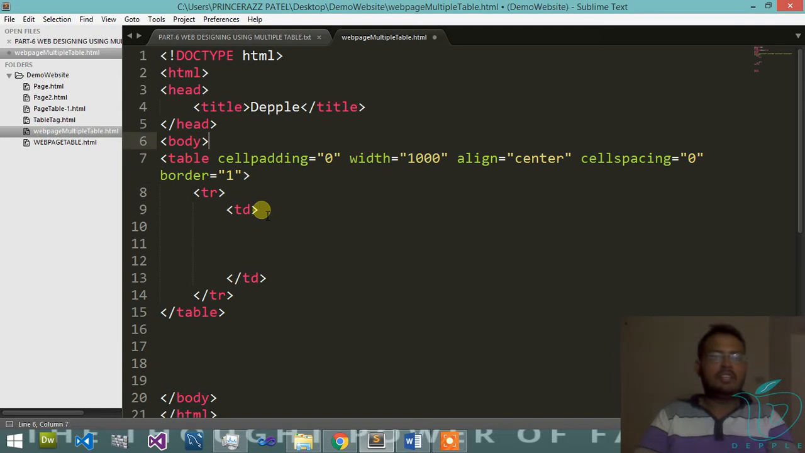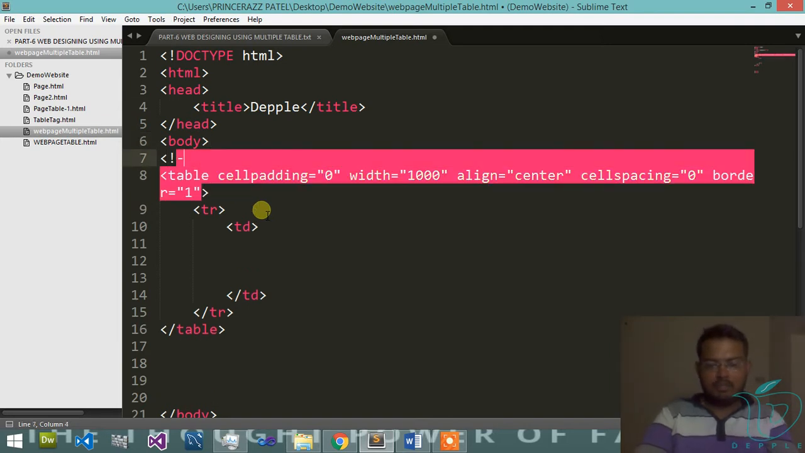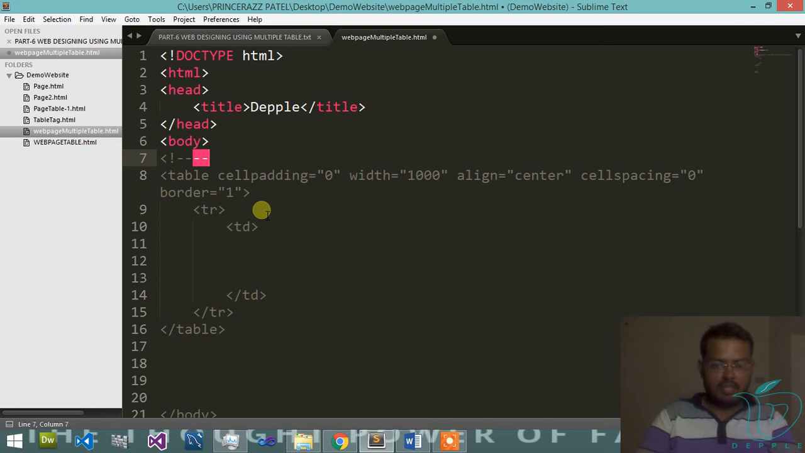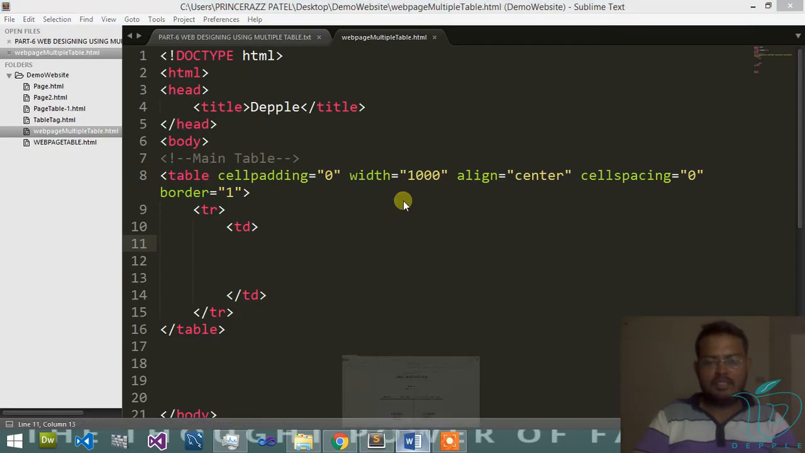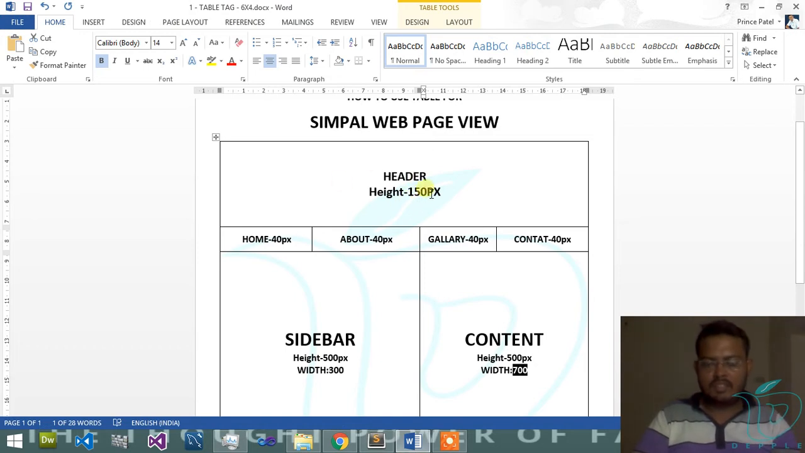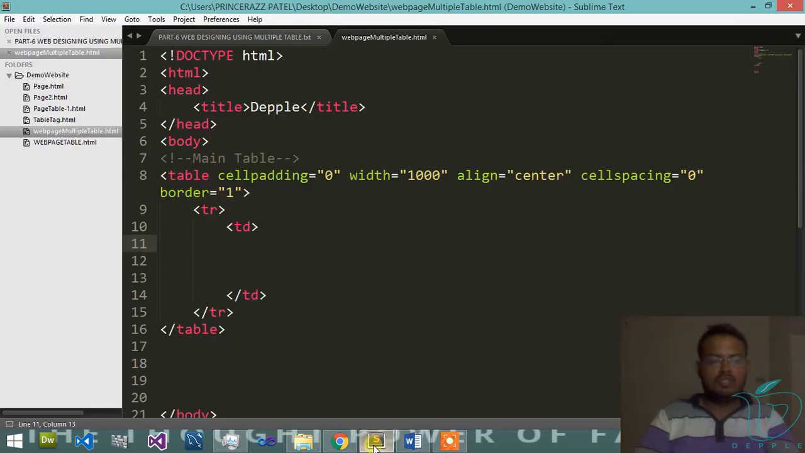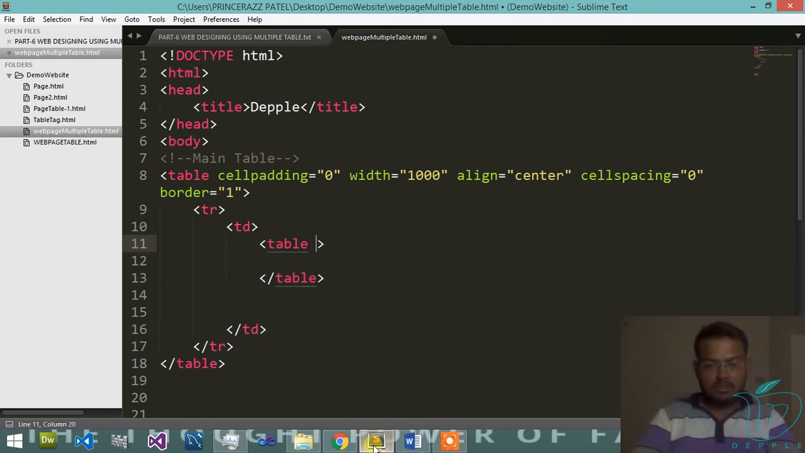This is our main table, so I write a comment on the table to get the information main table. Okay, then after I design a header with 150 pixel height and 1000 pixel of width, so I create also one table. Then after cell spacing 0, cell padding 0, and border for view in web browser, then height,